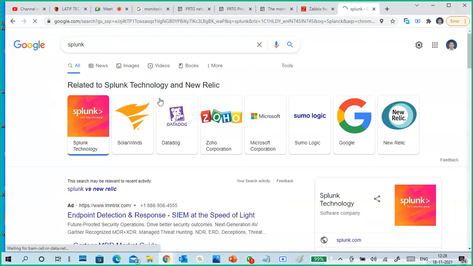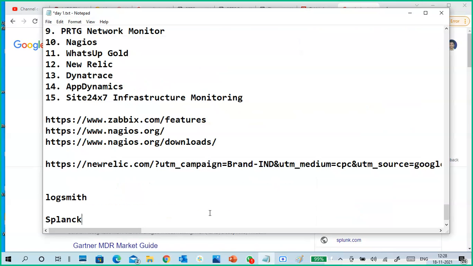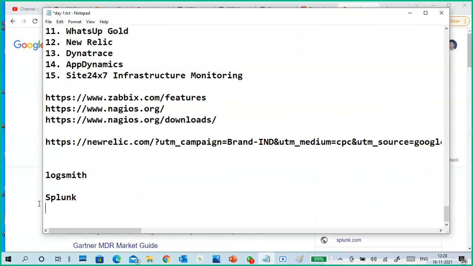This is Splunk technology, one more currently in the market. It's a very powerful tool. Actually it is a log analyzer.